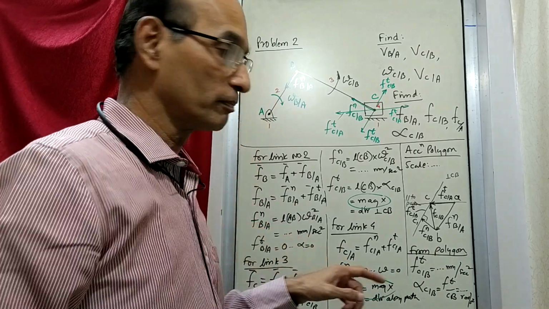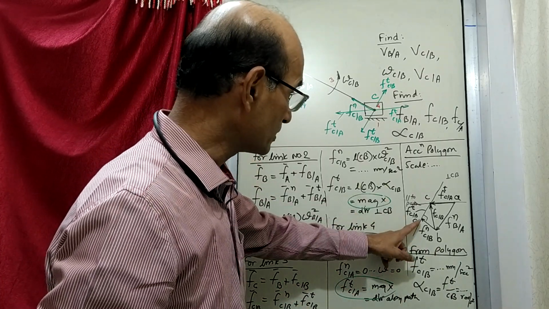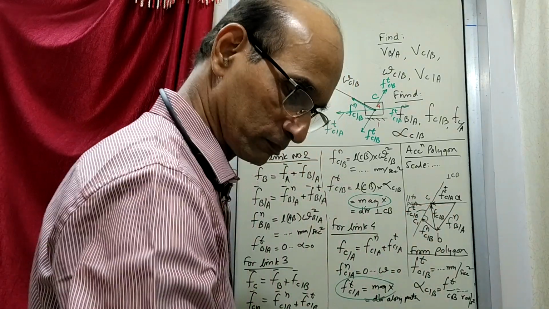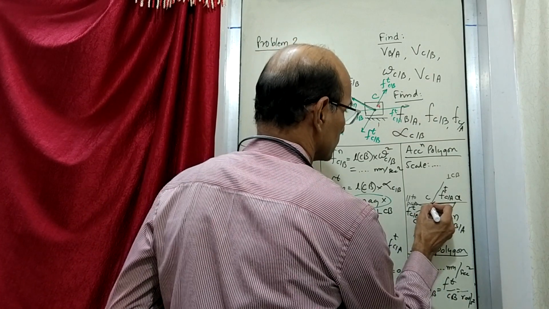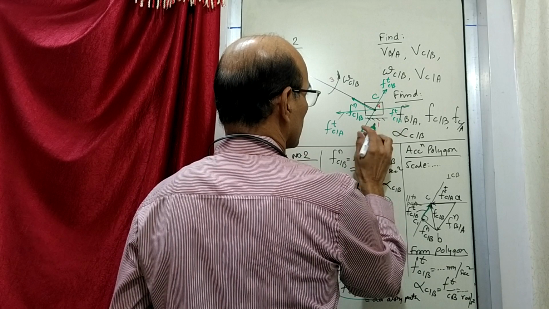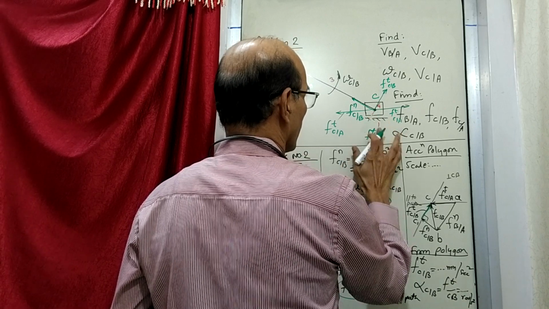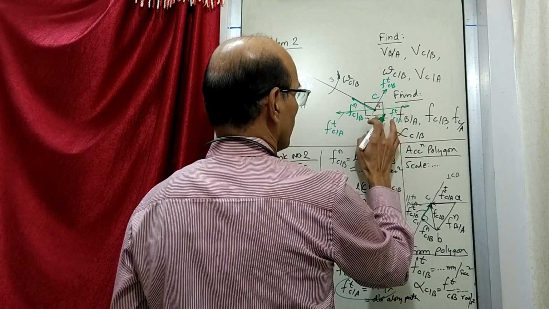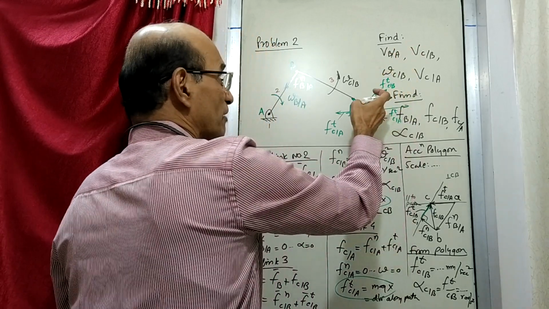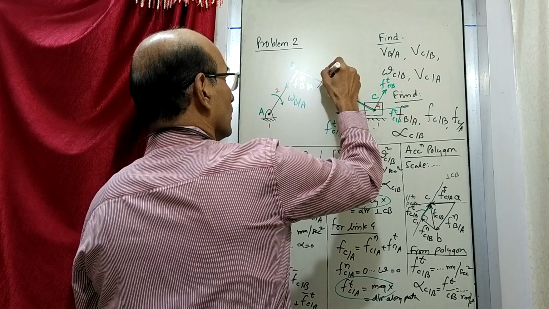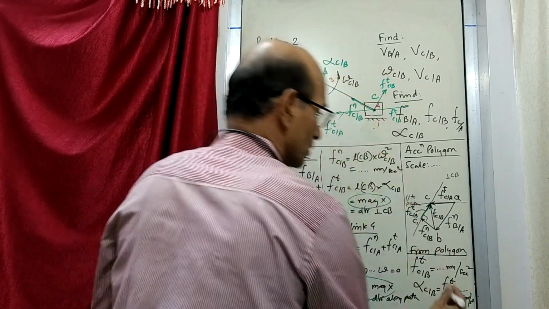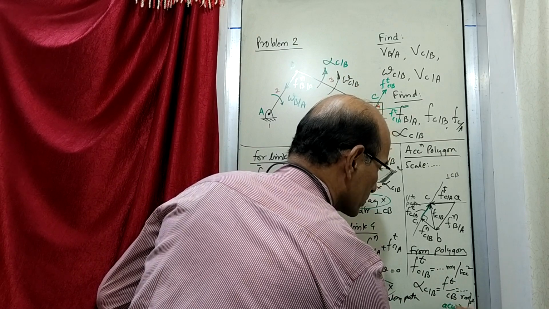Now what is the direction of this alpha? Since in this case it has come this way, now I have to show that. That means this is correct and this is not correct. This was the final direction, like this. So since Ft is like this, that means alpha will be like this, which is anti-clockwise. So you write here anti-clockwise.